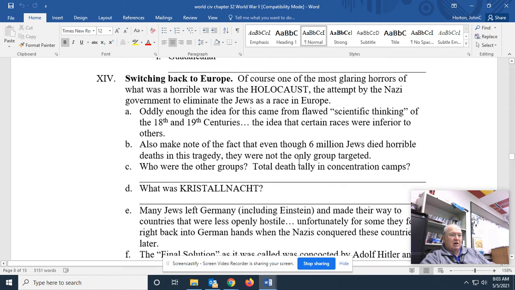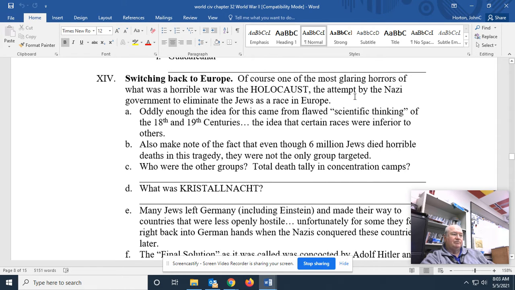But anyway, so getting back to this. The Holocaust, the attempt by the Nazi government to eliminate Jews as a race in Europe, but not just Jews. Like I was talking about earlier, other people. The gypsies were a big target. The name gypsy comes from that people thought they came from Egypt. But technically they're called the Roma. Anyway,